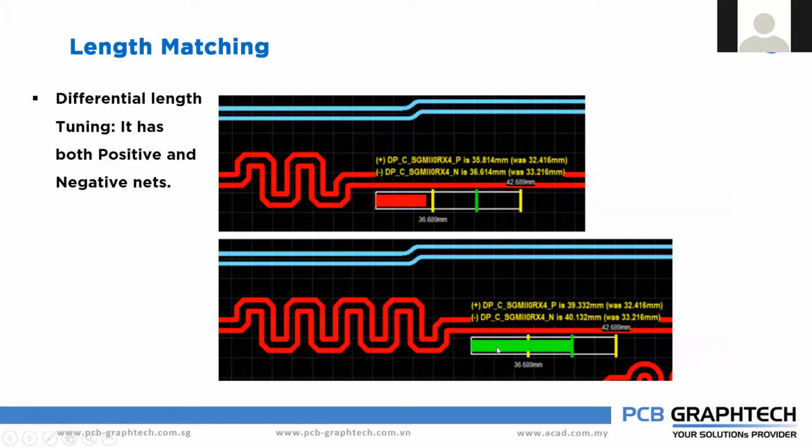But in the second picture, it is crossing your minimum value and going towards the maximum value, so it changed to the green color. This means the length has been matched, and the red color says that the length has not reached even the minimum value. Here you can see the minimum and the maximum value, so the length has to reach this range.